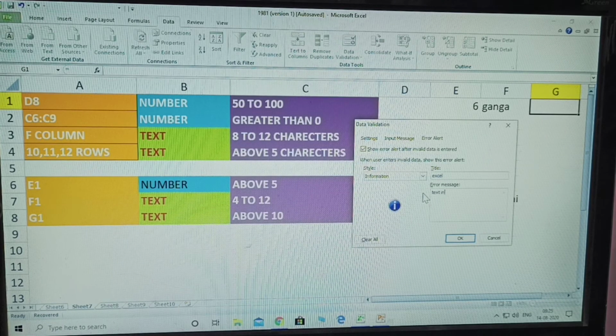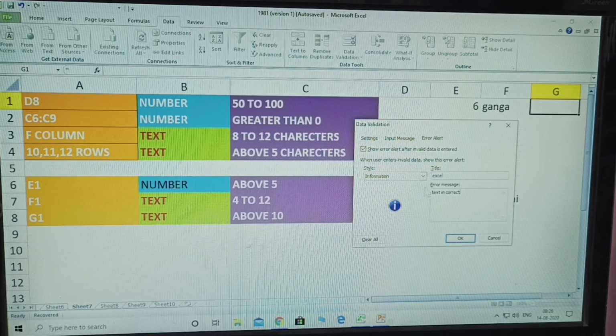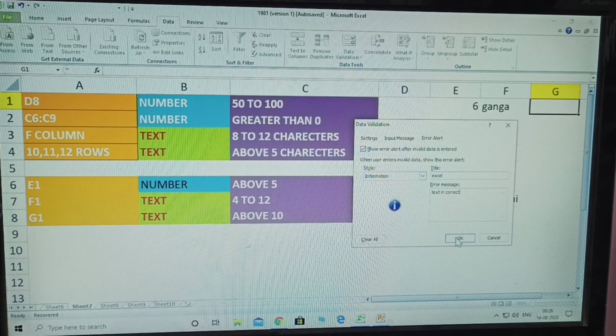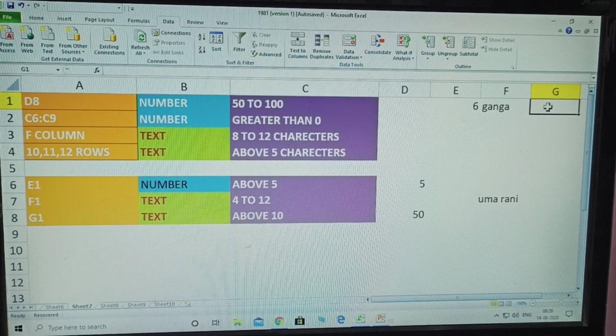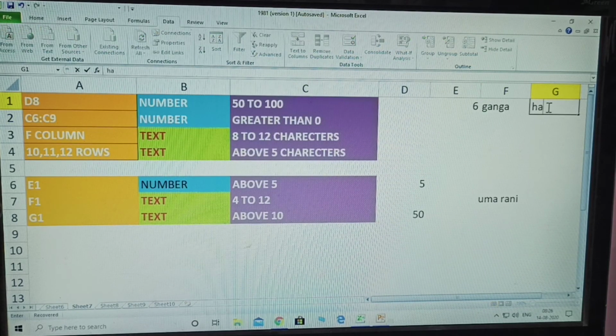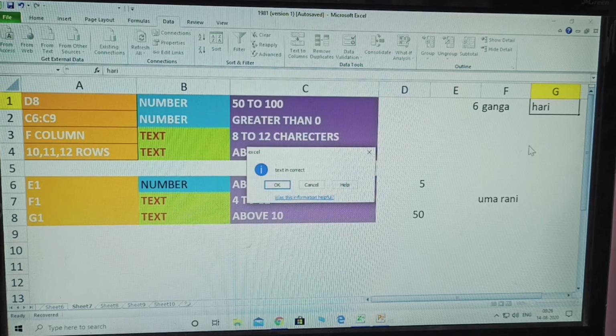Text incorrect. Okay, text incorrect, so click OK. What is the condition on here? Above 10. Above 10. Okay, below 10 not. I am giving here hurry. Error came. Why? The characters are above 10 characters.